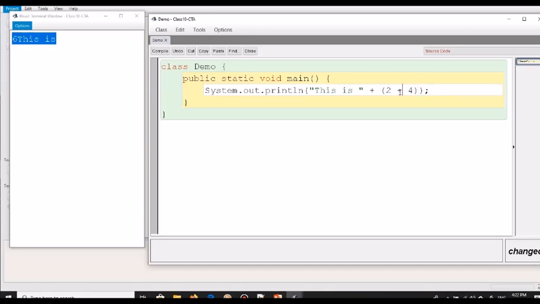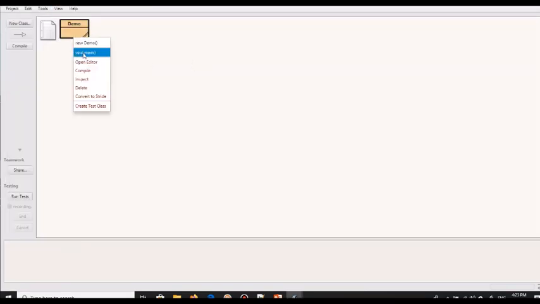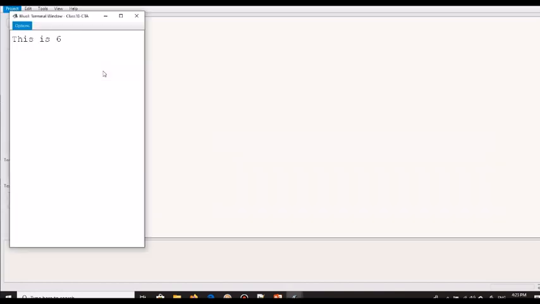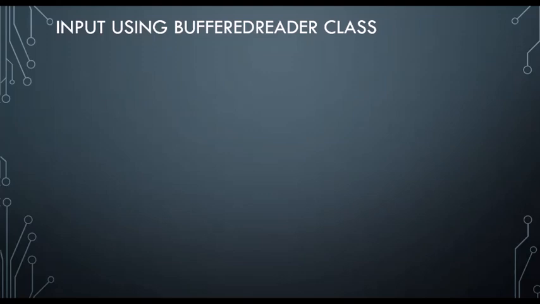That means this plus sign is going to be executed first, and then this plus sign. So naturally this is going to display "this is 6". So when we run this program, it displays "this is 6". Okay, I hope these are clear to you. This was very important for you when you need to display stuff.